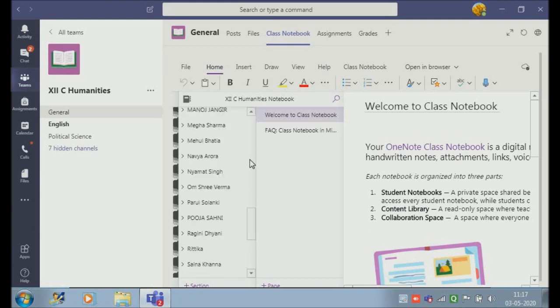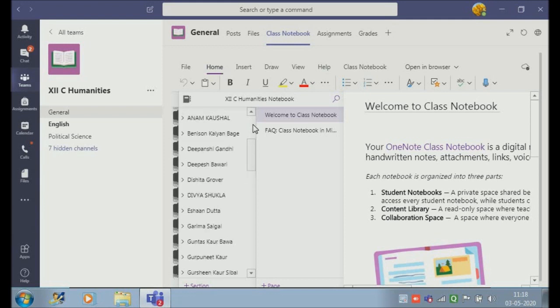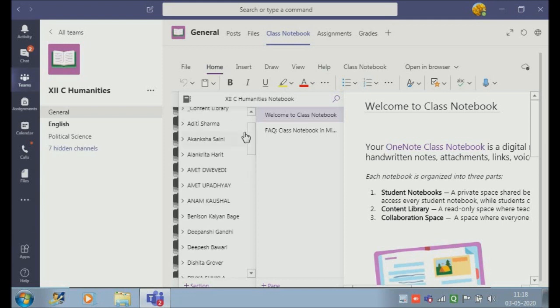Now I want to send some work to students that I am going to show you. First of all, I am clicking on Akansha Saini, and you can see the 4 sections will appear: handouts, homework, quizzes, class notes.